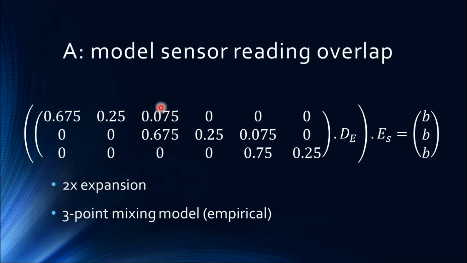Likewise, you never want all zeros in any column here. If you put all zeros in one of these columns, you're saying there's a variable here that doesn't matter. Guess anything, it's irrelevant. And that tends to go really wrong. So best to put in a really tiny correlation, you know, 1/100th of a millionth of a percent than a zero. So the wild guess there at least gets tamped down and made more consistent with the rest of the numbers. So empirically, 3-point mixing model has worked very well.